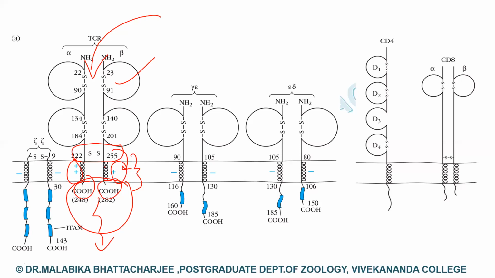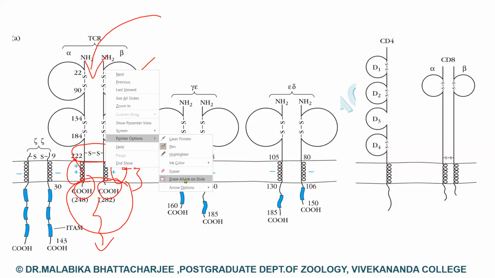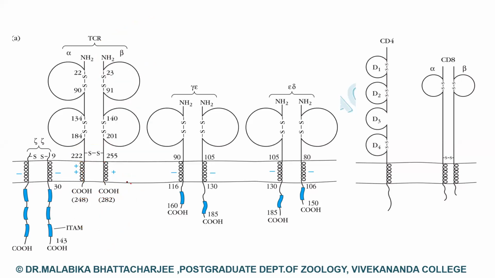But the drawback of the TCR alpha beta receptor, as you can see from this picture, is that there is not much of the cytoplasmic portion found in the alpha beta chain. So automatically the question arises that if the receptor is activated, how come the signal moves downstream into the cell? So to satisfy this question, comes the next part of the TCR, that is the CD3 complex.